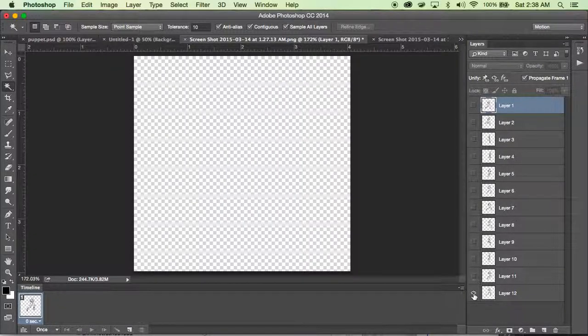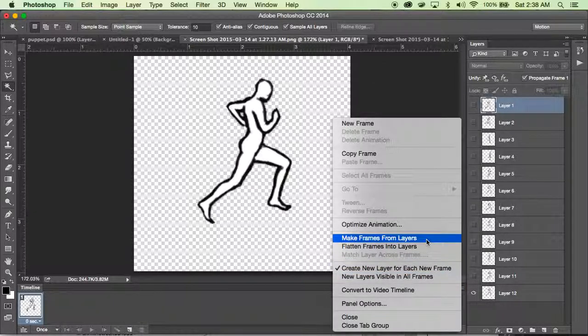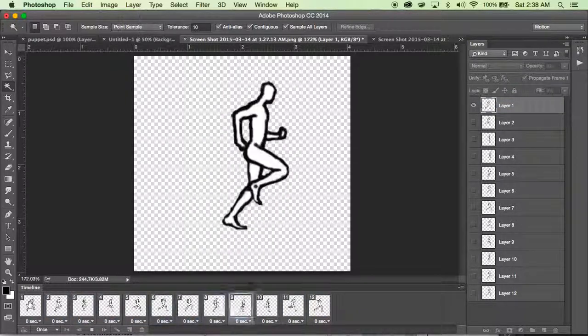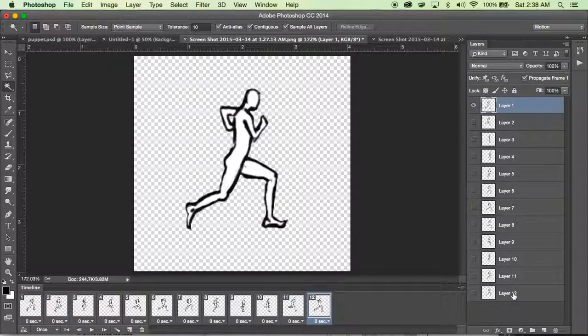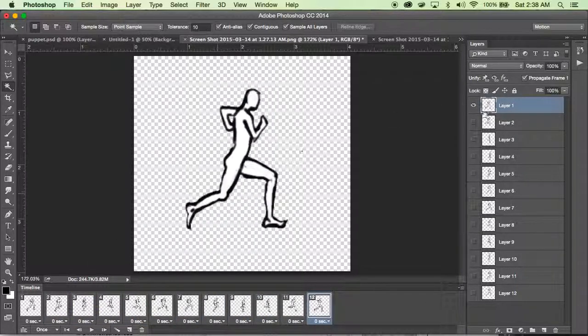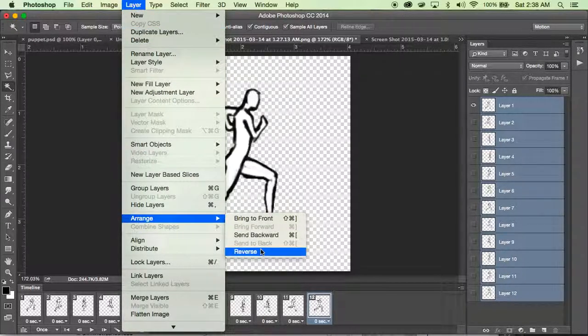And now I want to take a look at how my run cycle is working. So I'm going to go ahead and, after I've created my animation timeline, make frames from layers and see how he's running. And you can see, as is often the case because of how we trace, usually from bottom to top, he's running backwards. So there's actually a very easy way in which we can reverse the order of the layers